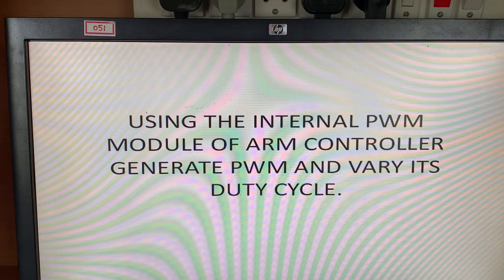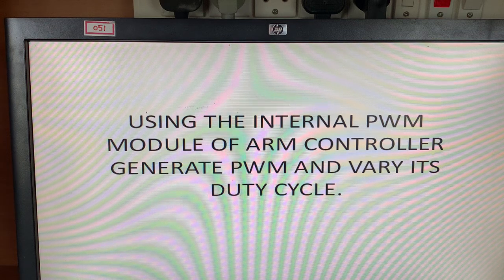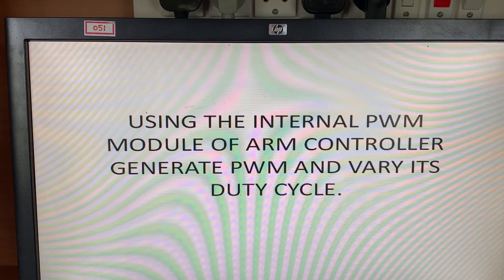The full form of PWM is pulse width modulation technique. Basically, pulse width modulation techniques are used to generate a variable output or a variation of a waveform, and the application behind pulse width modulation is to control DC motors. Sometimes the speed of the motors can be controlled by using a technique called pulse width modulation.